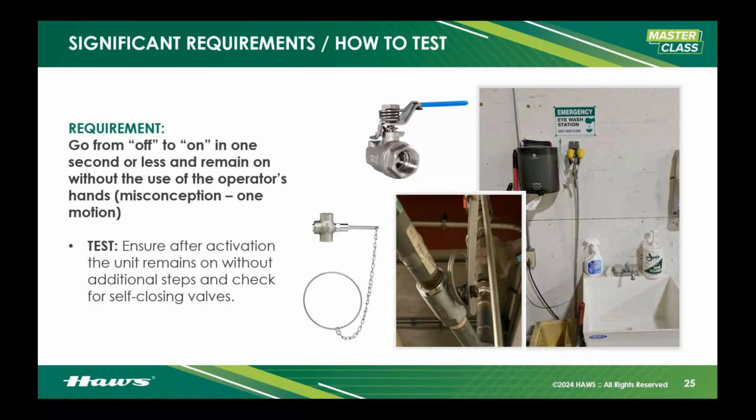The other issue with this and what's required is what you see there on the right. Not only is that eye wash mounted on the wall really tall, way too tall, but there's two other things working against it. One, it's a self-closing valve, meaning that you're going to have to grab it and hold that valve open while you use it. That is not how it's intended to be used. That's how maybe a drench hose would work. This is an eye wash. We want a stay open valve no matter what.